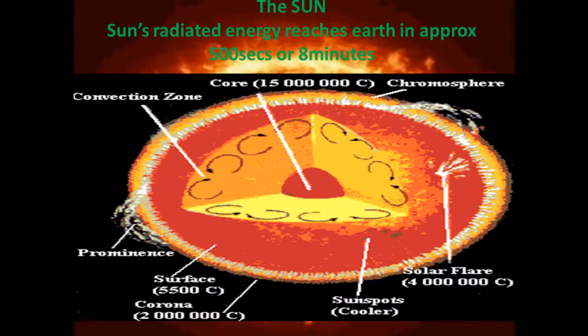As we move out from the core towards the outer layers of the sun, the temperature decreases. But there is one anomaly which we see, that although corona is the outermost layer of the sun, still it has a huge temperature, that is approximately 2 million degrees centigrade, 20 lakh degrees centigrade. Till surface of the sun, the temperature is reduced to 5500 degrees centigrade, but again at corona the temperature suddenly rises and it reaches 2 million degrees centigrade.